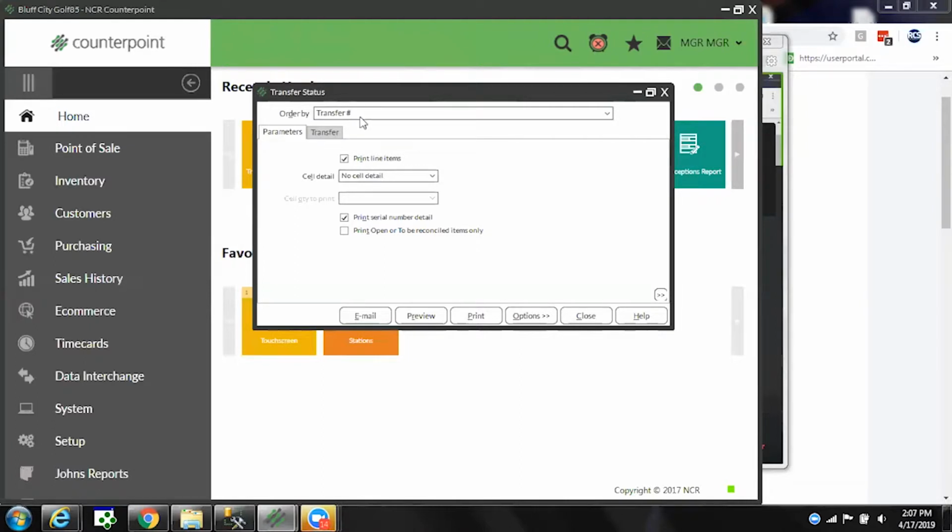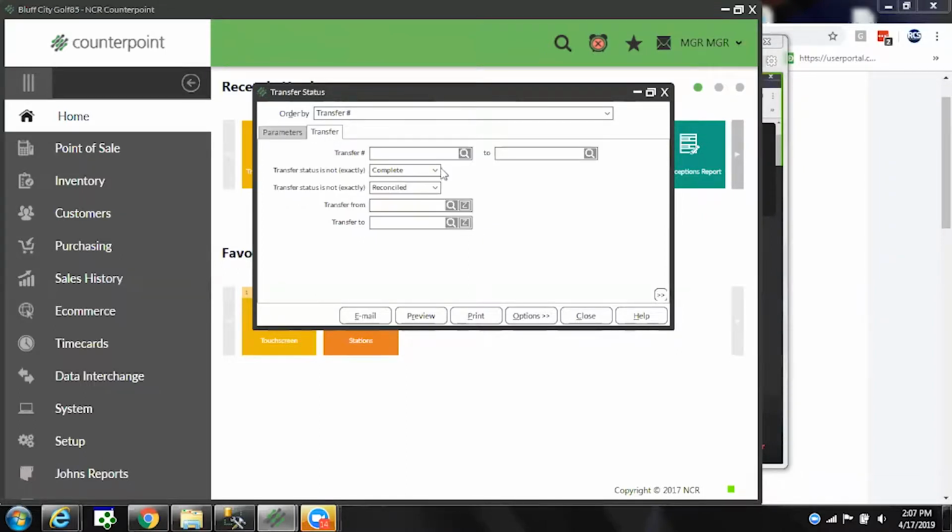Well, I should say it can show us a lot of different things. We can look at transfers that haven't been received. We can look at transfers that have been received, or we might just want to focus on transfers that have been partially received. So on the transfer tab, we can filter based on a transfer status. So our transfer status are complete, reconciled, or open. And so I've got my filter set